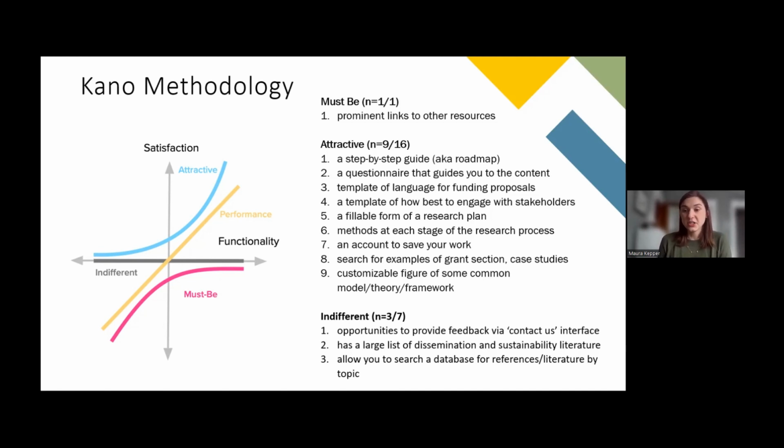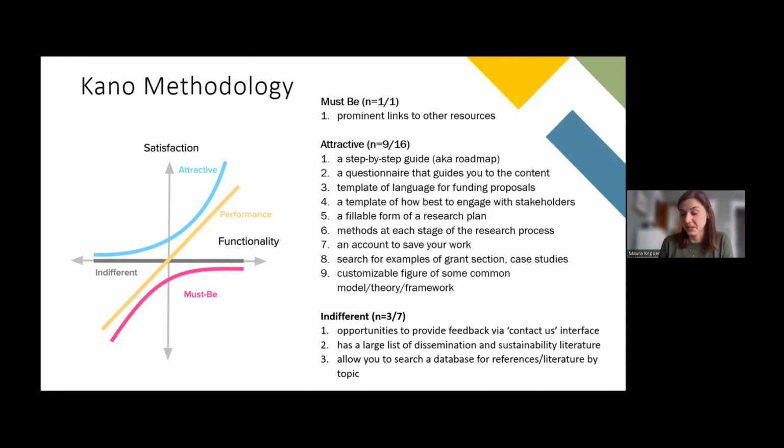So the list you're seeing on the right is actually the 13 features that ended up in the tool from this list of 25. We only had one feature that was a must-have feature, and most of our features fell into that attractive category. But you can see we included links to other resources, and you're going to see a lot about this first one under the attractive feature list, which is a step-by-step guide, or what they were calling a roadmap